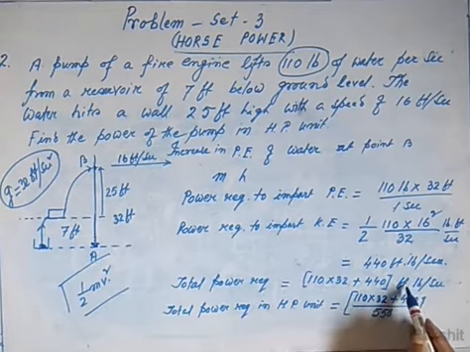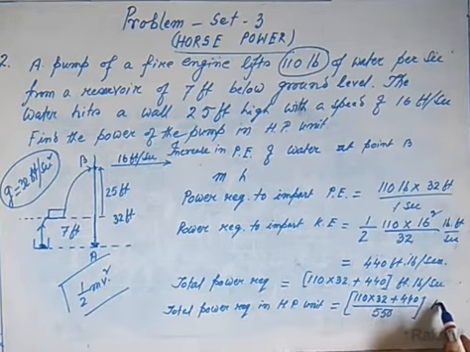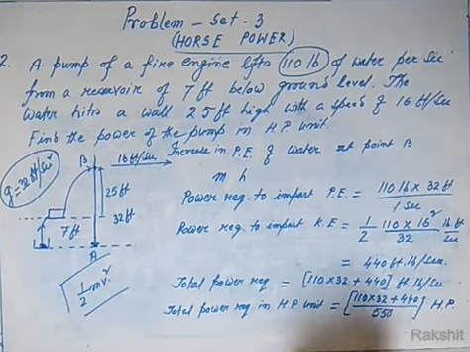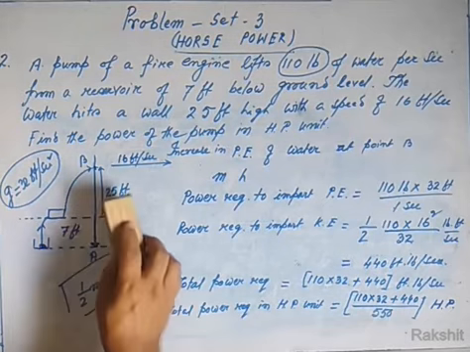When foot pound per second is divided by 550, this becomes HP, like the previous problem. On simplification, we will get it is equal to 7.2 HP. So power of the pump